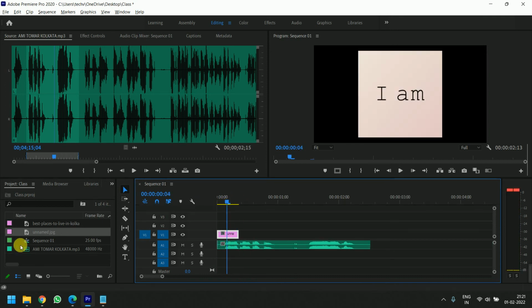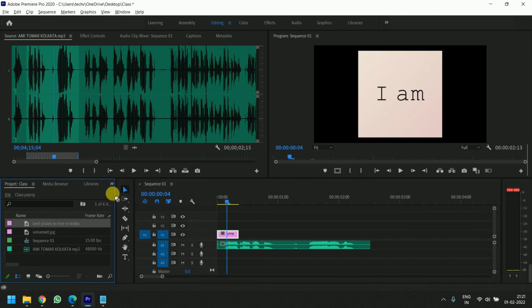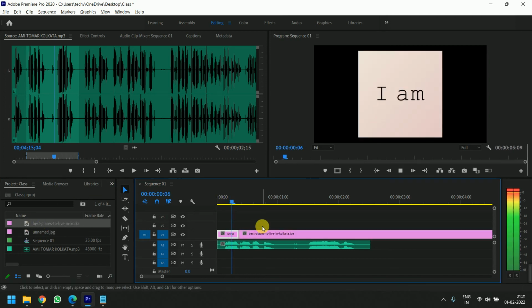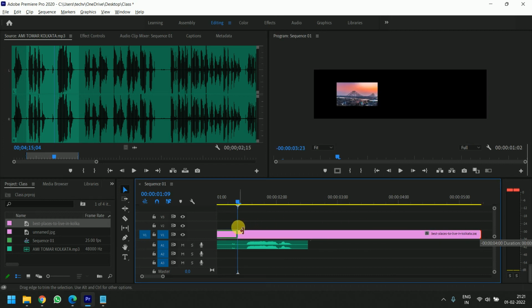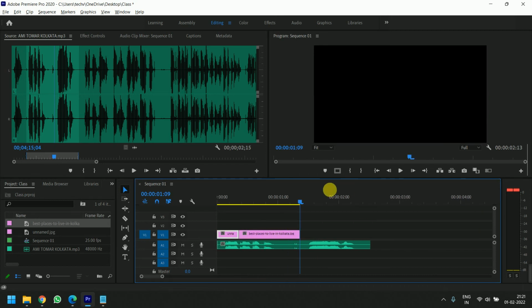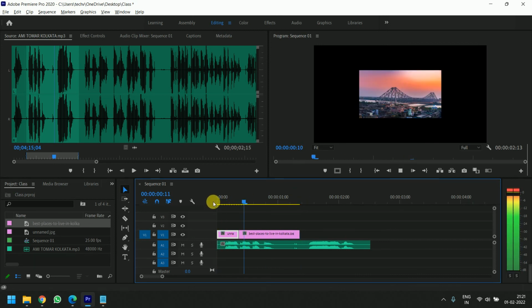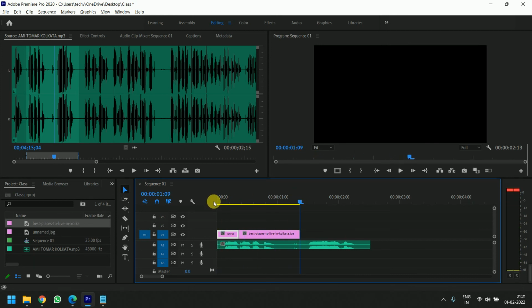Right, now I am importing the second image and clicking and dragging it over there, and I'm Kolkata. So you can see Kolkata is like this over there, and I have to cut, click and drag. I'll select only one tool from the software and do that. I'm Kolkata. Right, so it is possible to create. Are there any issues?